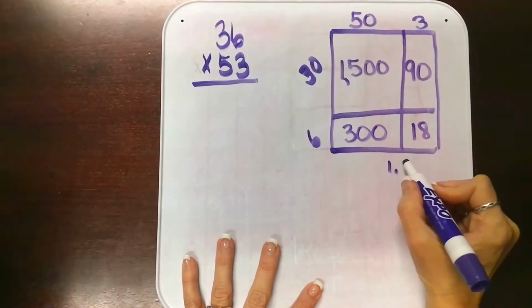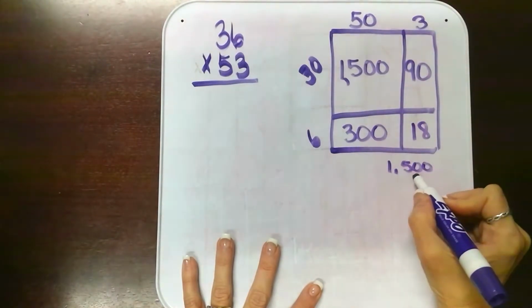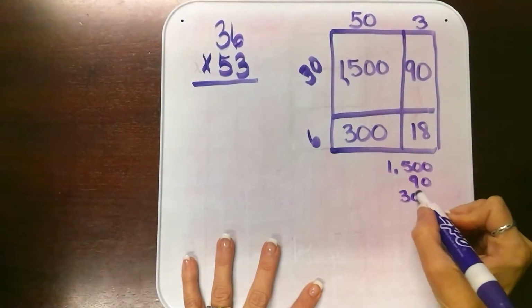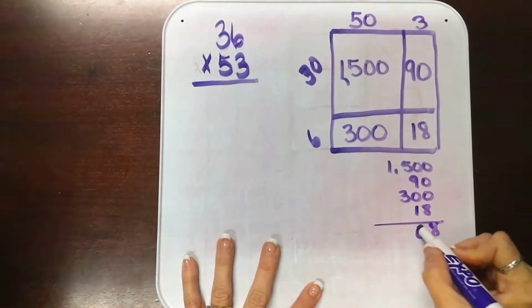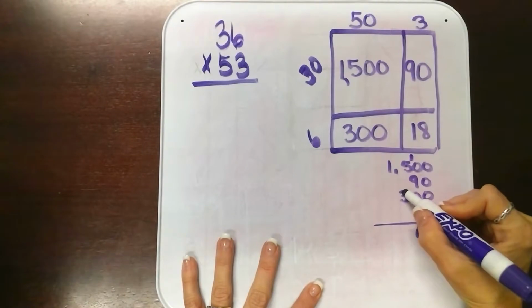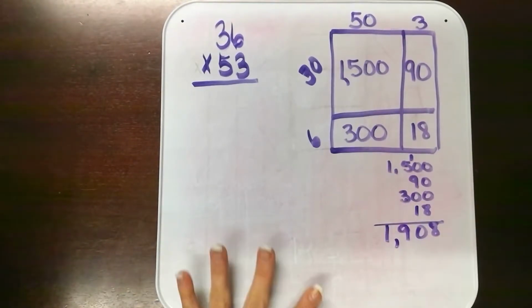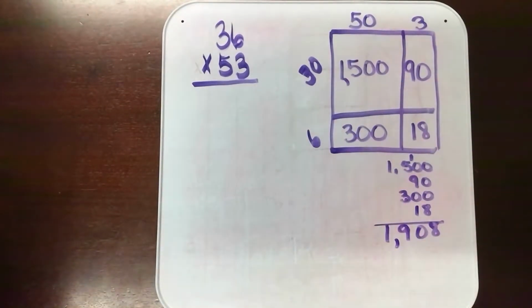And I should get 1,500, 90, 300, 18, 8, 9, and so I should get 1,908. Okay, so then I'm going to talk to students about,